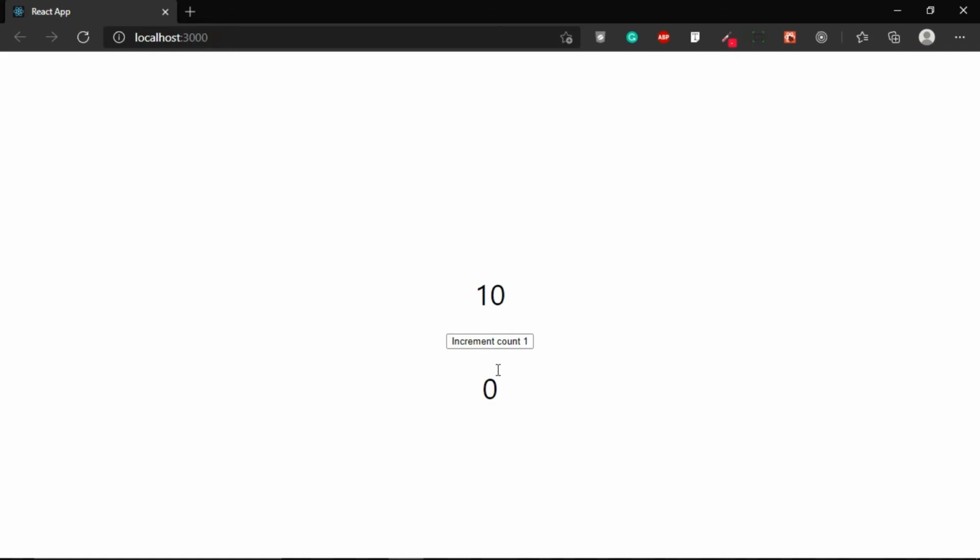So what I want to do here now is, when you click on this increment count 1, it is obviously increasing with the help of the useState, right, which we did in the previous program. So when you click on the first number, the first value is obviously going to be increased with the help of useState, but the second number is not increasing, right? We need to add useEffect to that. So it is going to have a dependency of the count 1. So whenever that count 1 has any changes in it, count 2 will be triggered.